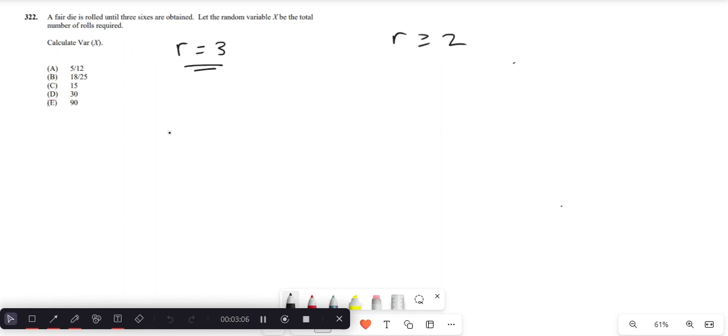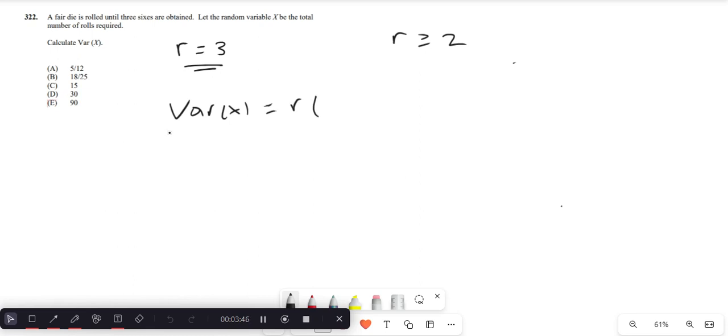So for the geometric distribution, X would be defined as the number of trials required to get the first success. But for the negative binomial distribution, it's simply the number of trials required to get the rth success, where r must be at least 2 or more. Okay, so the variance of X for the negative binomial distribution